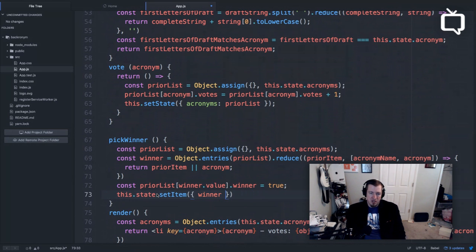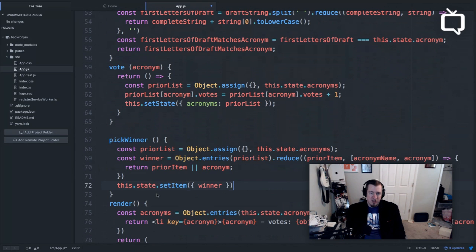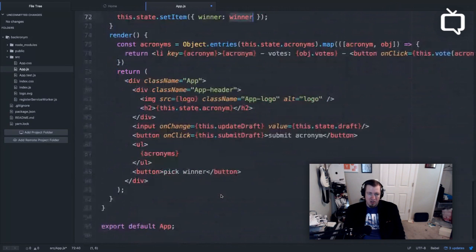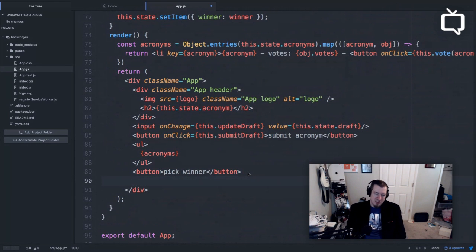We can just do it like this, shorthand. This is the same thing as doing this. We'll just do it the long way because it's easier to understand. Okay, so we're going to take this winner. If you win, we're going to set you down here. And then down here, we're going to say